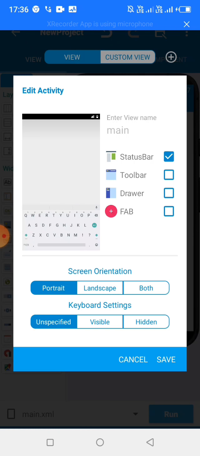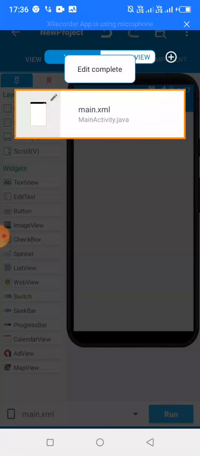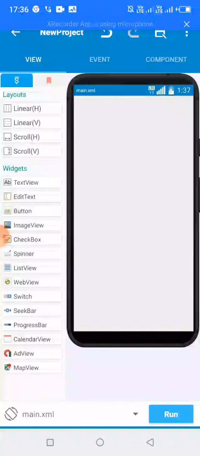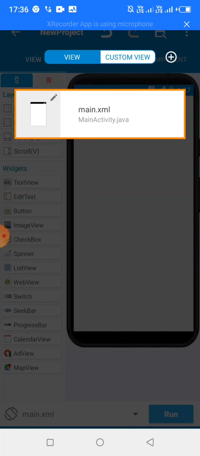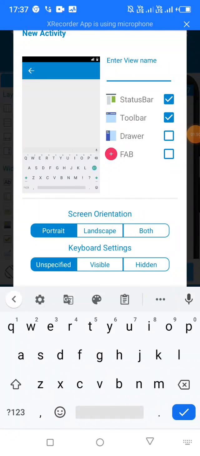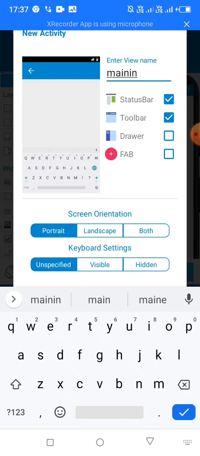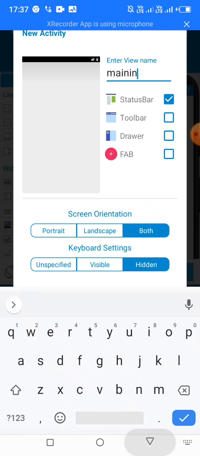Then screen orientation both, select, keyboard settings hidden, then save, then back, click main symbol again, then tap the plus icon, then create new page. This is the main interface. Okay, then untick toolbar and both and hide and click, then add,